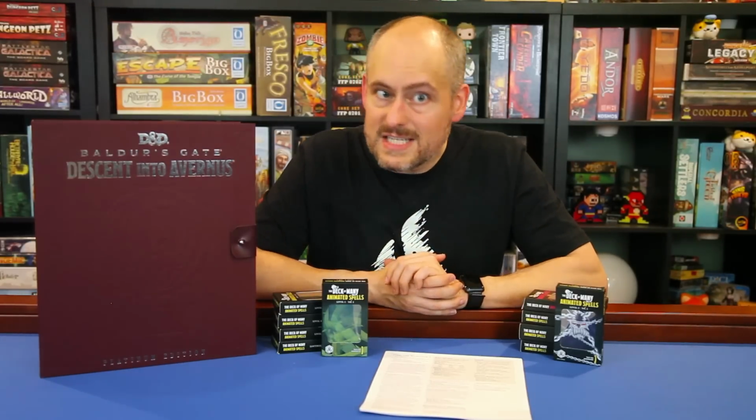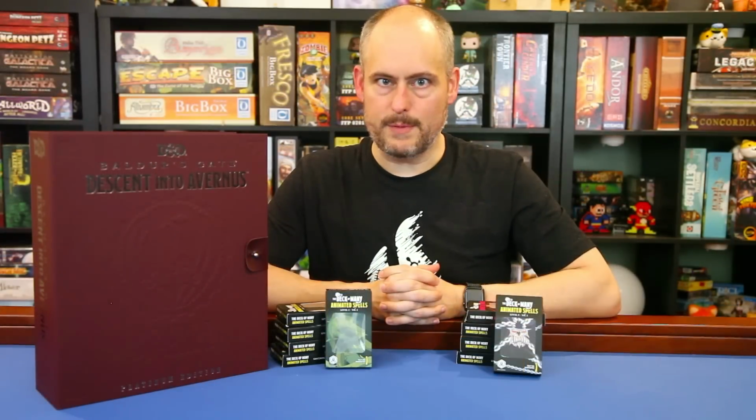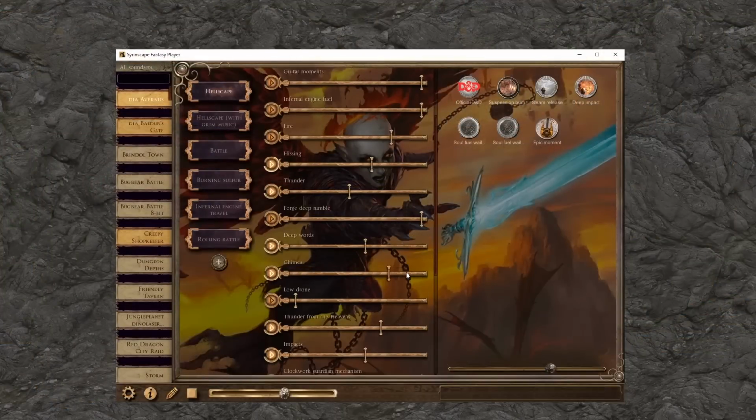The adventure advises the players to choose a joint dark secret and a Baldur's Gate NPC who knows it. This isn't provided for these characters, so don't forget to develop one using the information in the Gazetteer before you begin the adventure. The Syrinscape code gives you access to 2 sound sets, one for Avernus and one for Baldur's